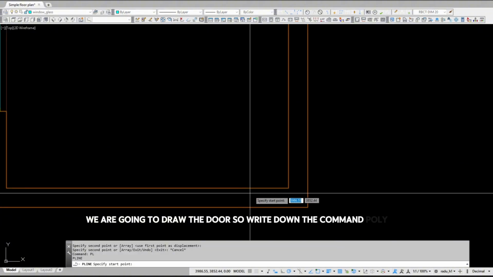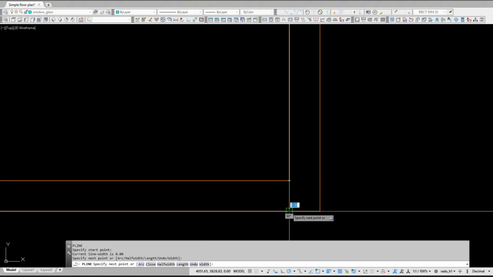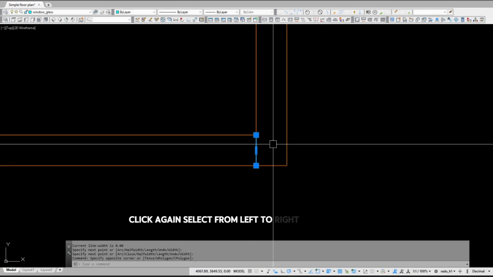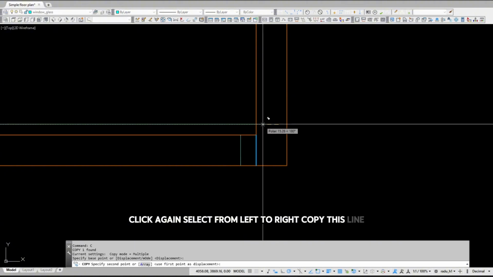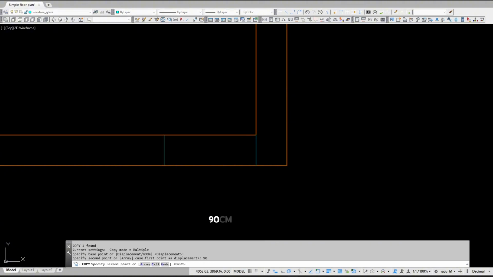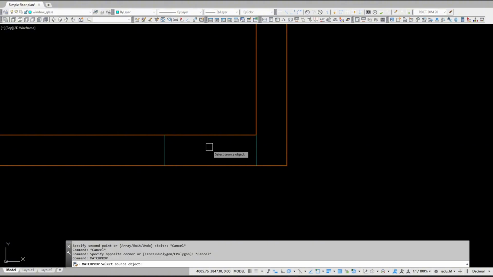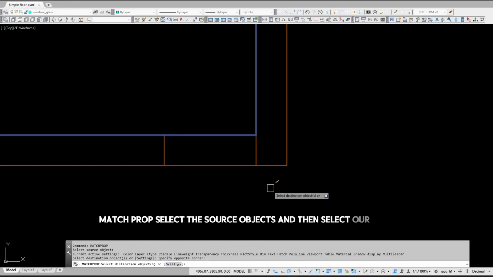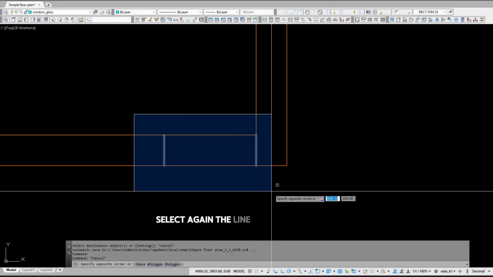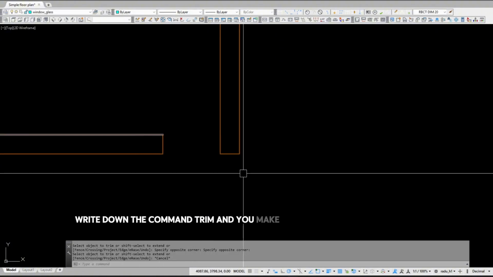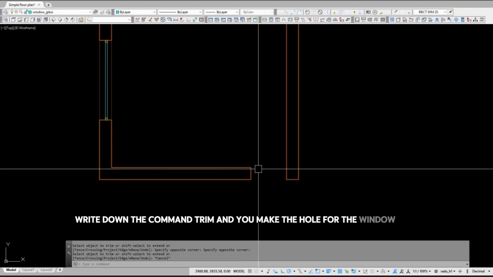So write down the command polyline, select this point, click again, select from left to right, copy this line 90 centimeters to the left, give it the same properties with the command match prop. Match prop, select the source objects, and then select our lines. Select again the line from left to right, write down the command trim, and you make the hole for the window. Now,